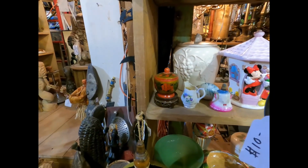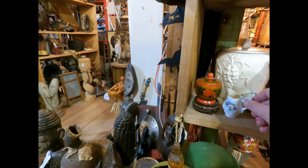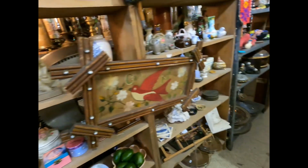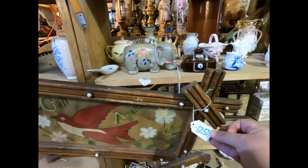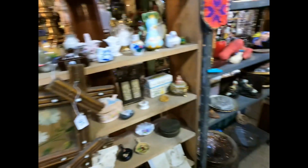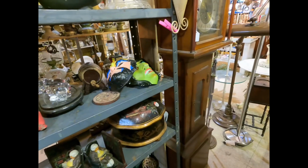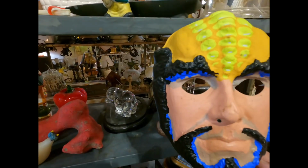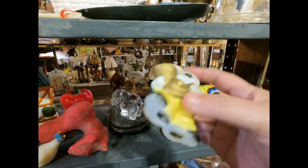This obviously, just a little trinket kind of basket there, metal, little baby picture. This sign, I think it says call again. So it obviously was in a business or a hotel or something, but I just thought it was beautiful. But I think they wanted a lot, like 125 or something. And yeah, I couldn't see spending that. The old masks, the 1970 Halloween mask, little pig,